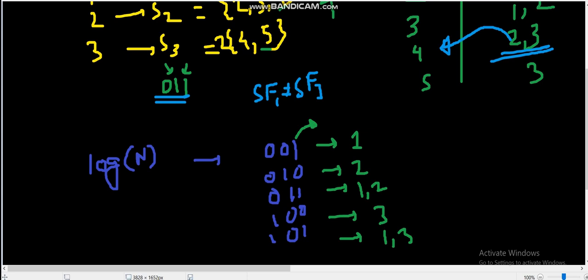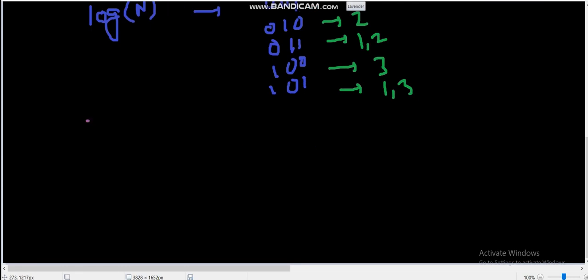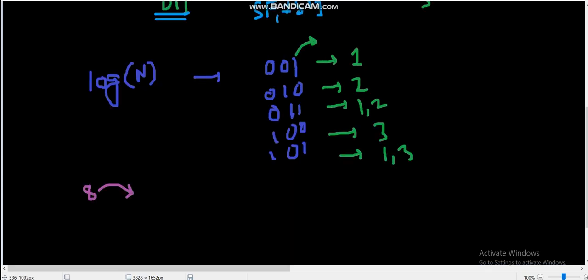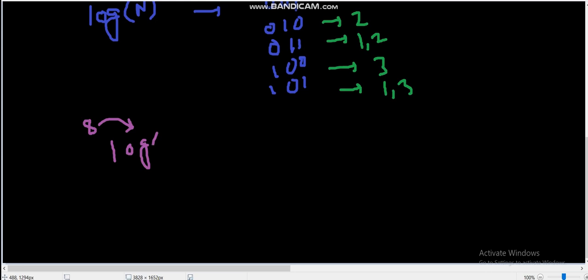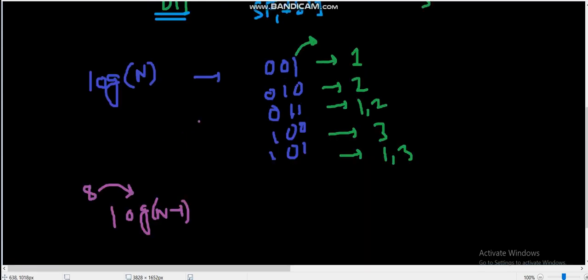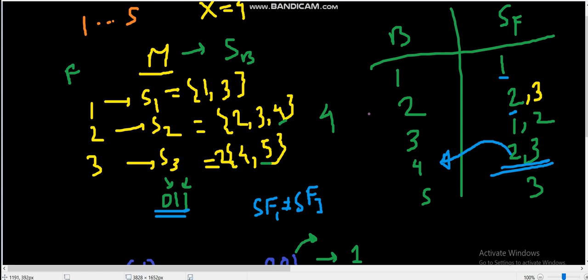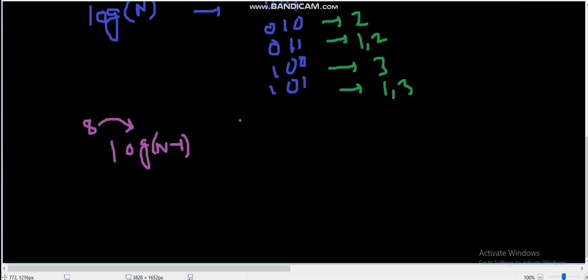Now another interesting case you have to observe is that let's say we have 8 bottles. Now we are only doing log of n minus 1. Why are we doing that? Because let's say we have taken the n-th bottle and have not given this bottle to anyone. So we have taken the 8th bottle and have not given it to anyone. Now none of the friends will be ill. Why? Because let's take